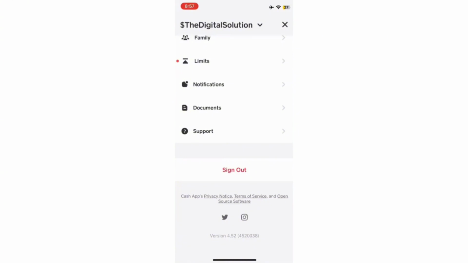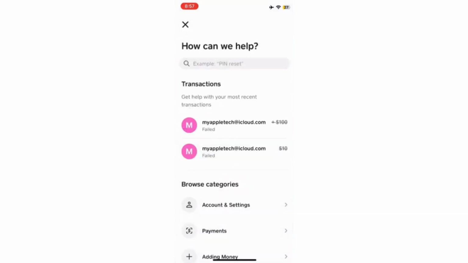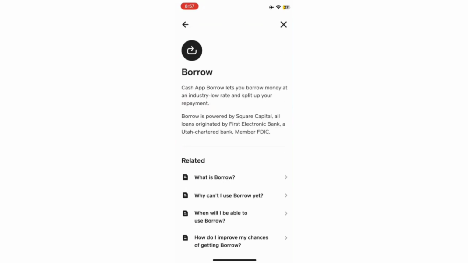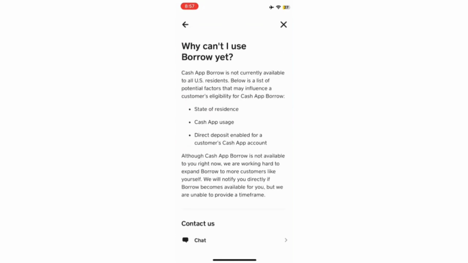Let's head over into the support section by clicking on that support tab, and that will redirect us into a new section where you will be able to find all of the available options for us to get. So in the search field, you can go ahead and search for that. You can also click on that borrow tab, and as you can see in here, you can't borrow yet on